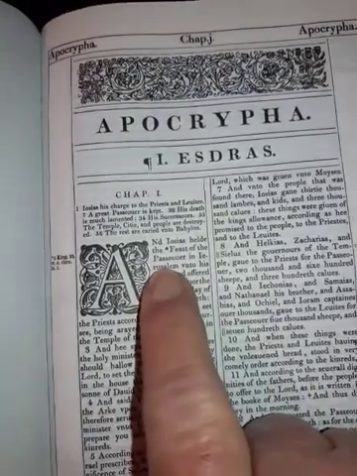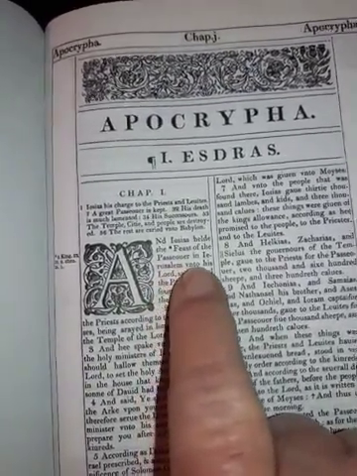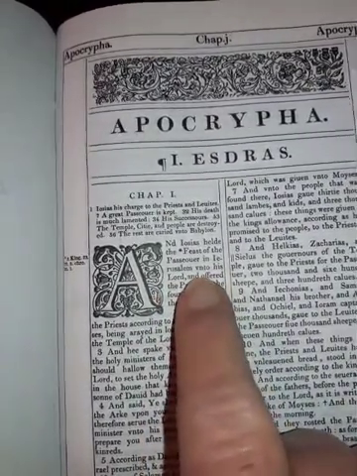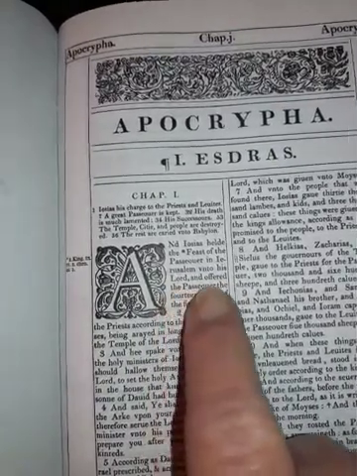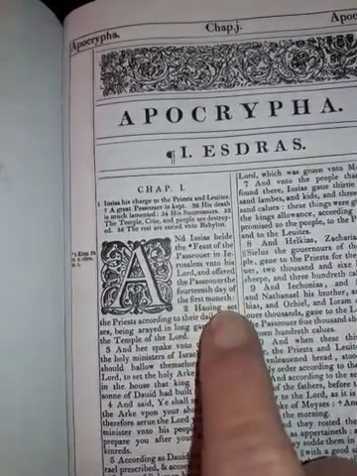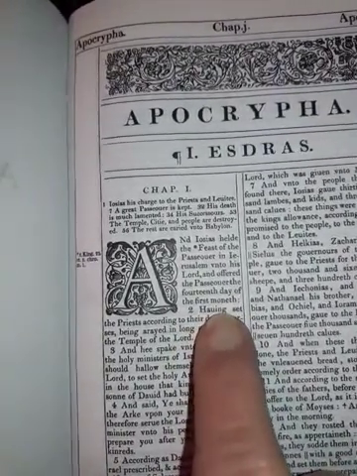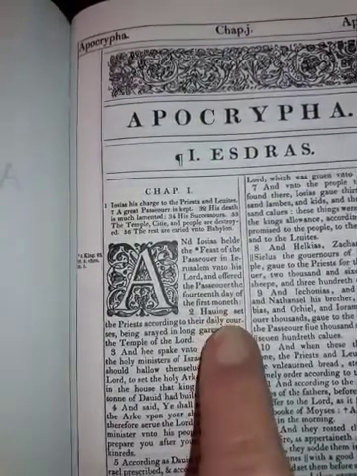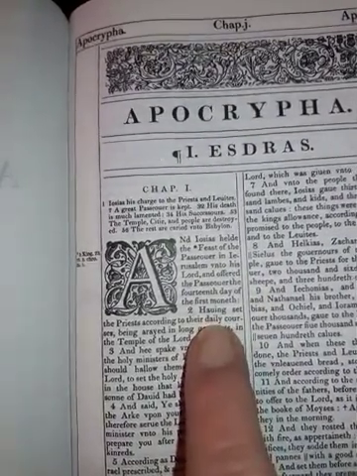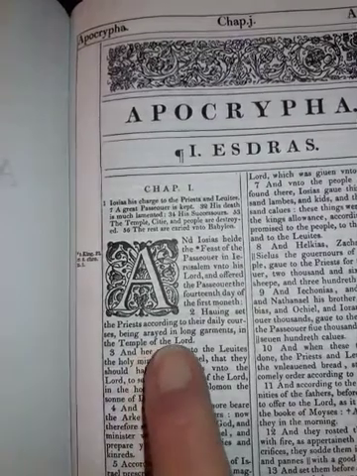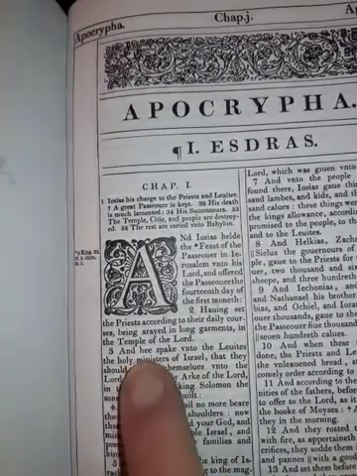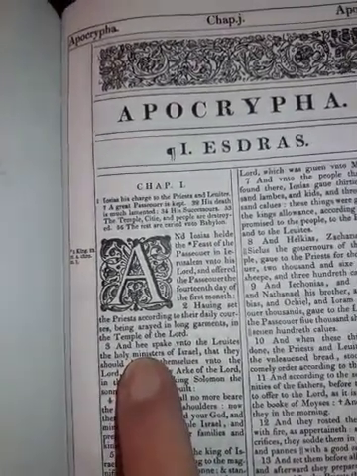Here's Passover, Passeouer, in Jerusalem, unto his Lord, and offered the Passover the 14th day of the first month. And you can see month is Moneth. Having, the U is a V. He is Hee,